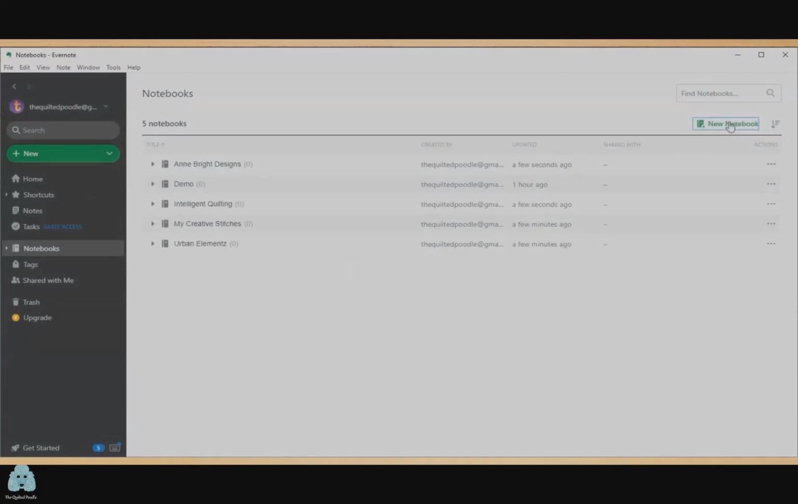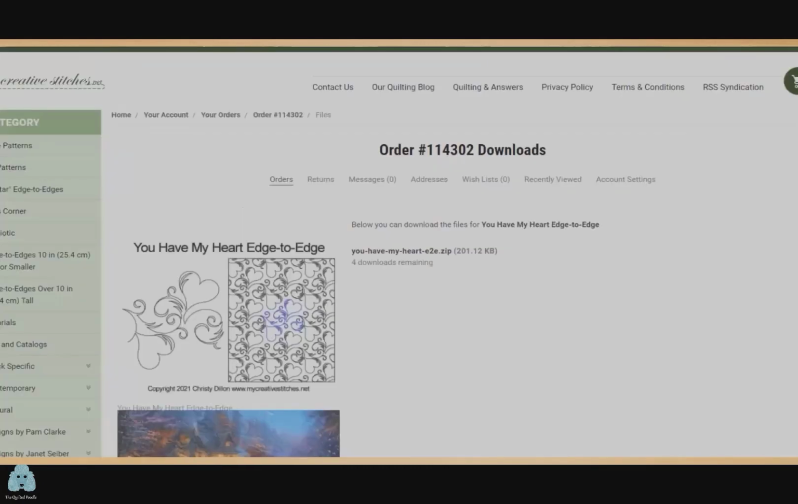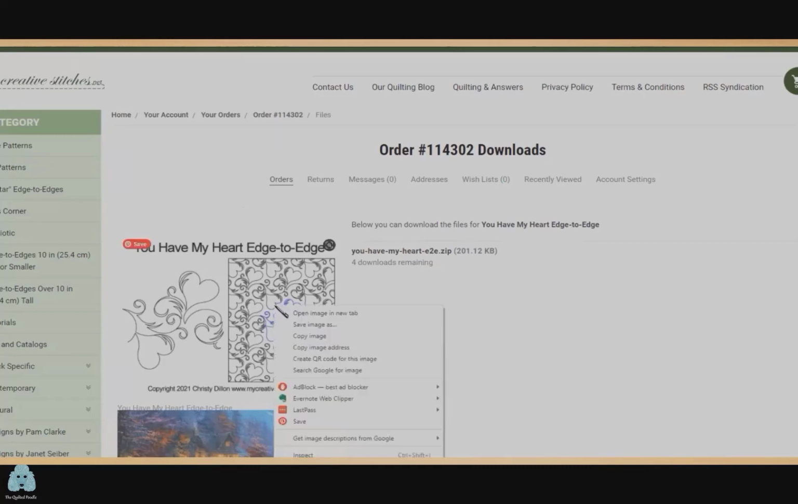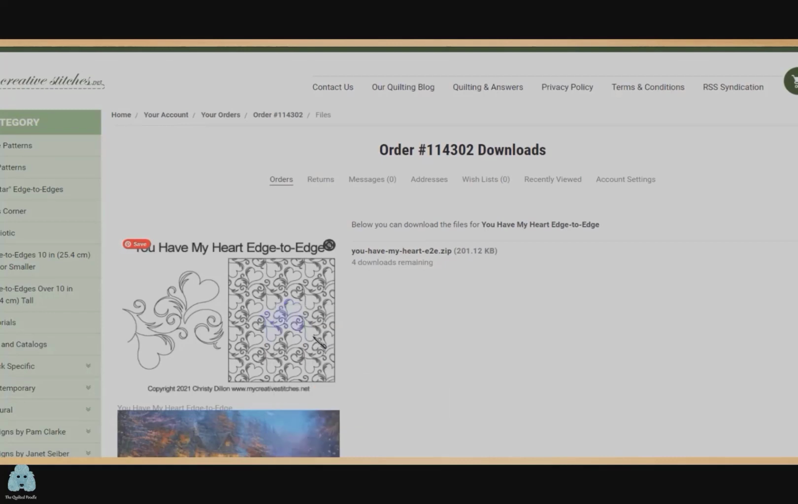So when we are creating our notebooks and notes in Evernote, we're already thinking about how we want to separate these files. I'm going to go to My Creative Stitches. Now I'm on the My Creative Stitches website, and I'm drawn to one of my orders. And here's the file that I have downloaded, and it's called You Have My Heart. So all I have to do to import the image, I can right mouse click, copy image,